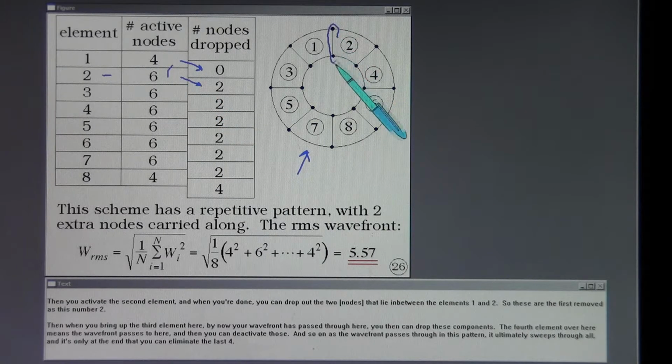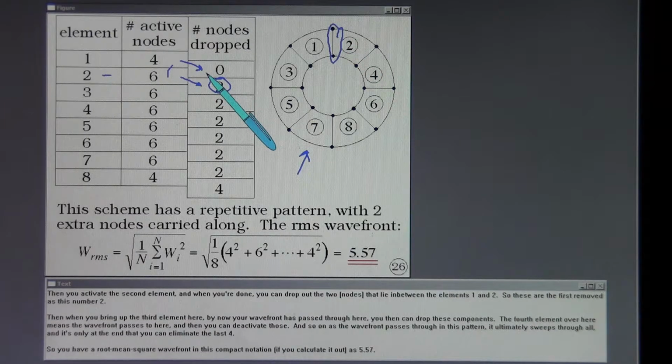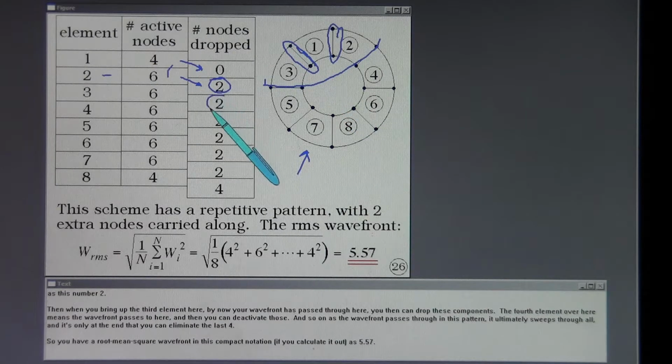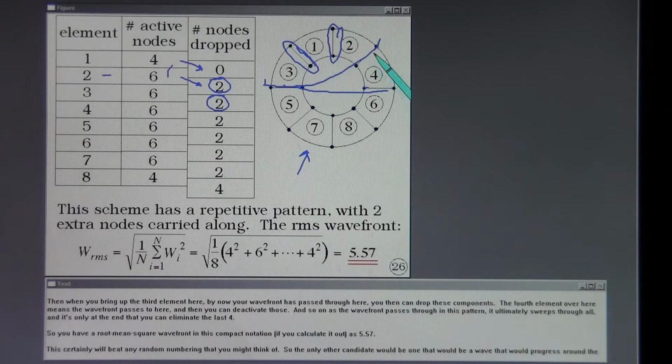So these are first removed as this number 2. Then when you bring up the third element here, by now your wavefront has passed through here, you then can drop these components. The fourth element over here means the wavefront passes to here, and then you can deactivate those,